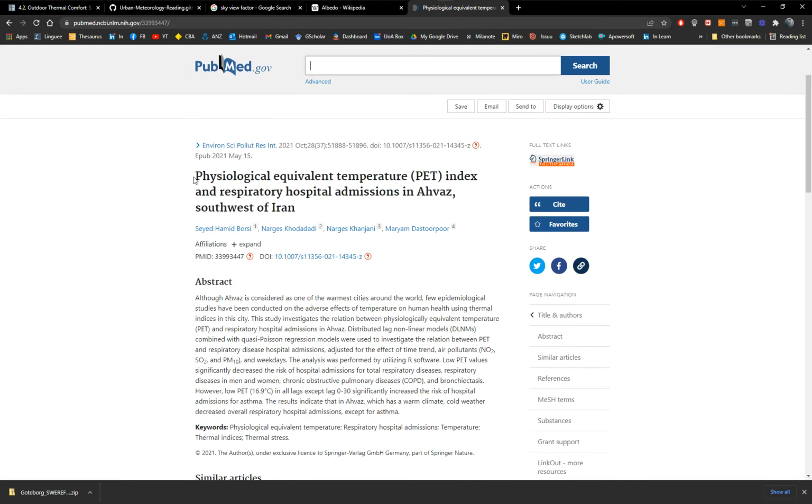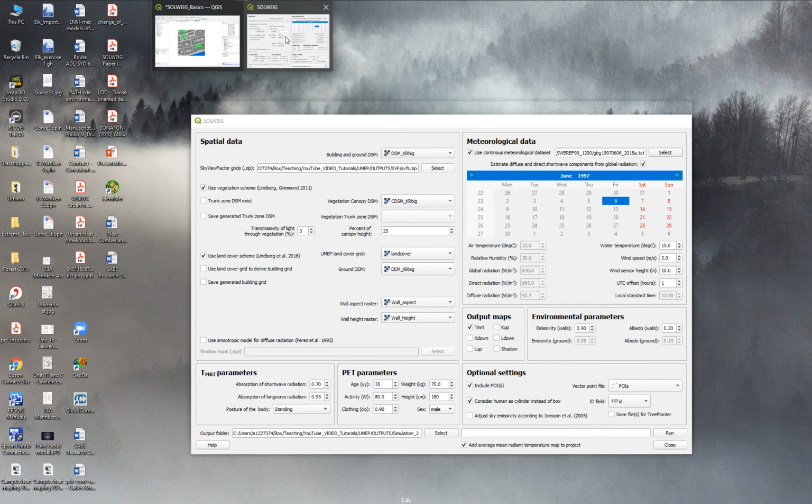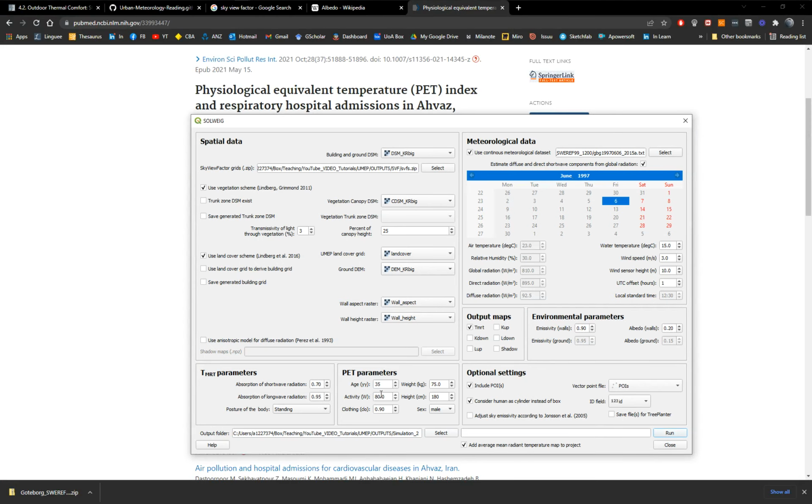The physiologically equivalent temperature uses information regarding the age of the person, the activity, the clothing. The higher the number, the more clothing. So this assumes an average, whether it is male or female, the metabolism, and then the weight and the height. So it considers the metabolism of the person,